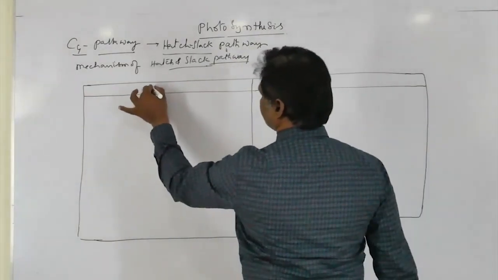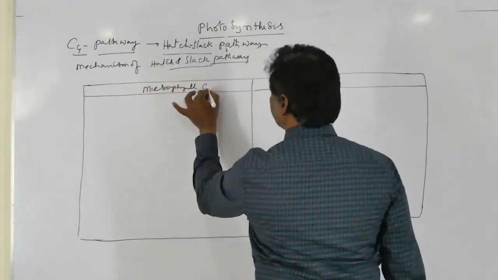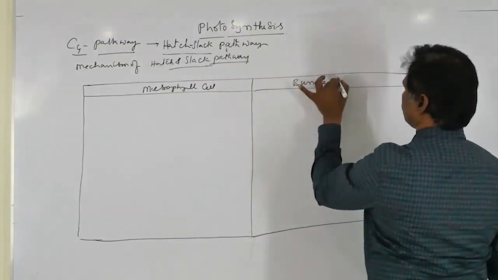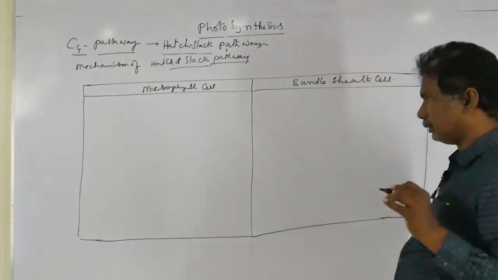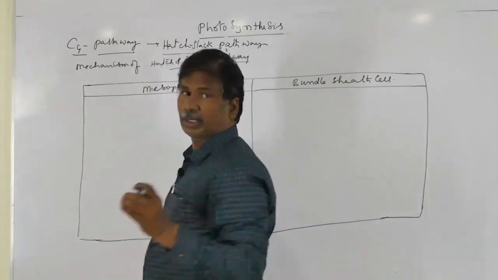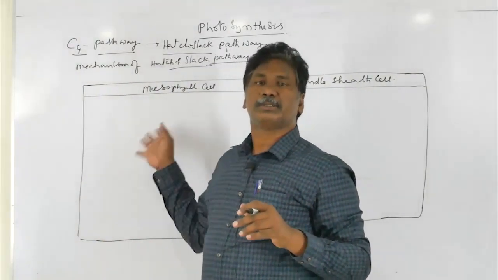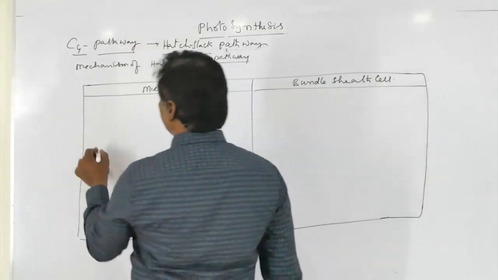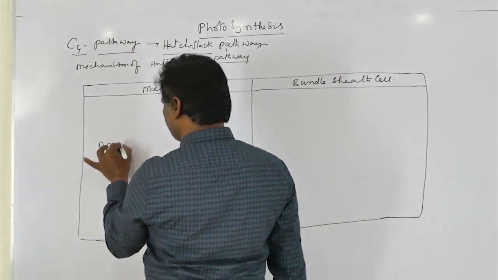This is the mesophyll cell. This one is the bundle sheath cell. First of all, the primary acceptor of carbon dioxide. What are the events? Those take place within the mesophyll cells, as you can see. The primary acceptor of carbon dioxide in the C4 pathway is